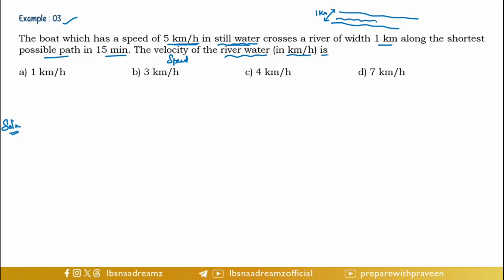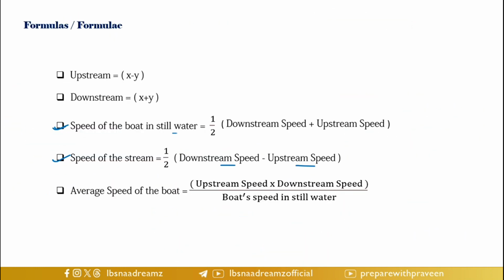So the river water will be flowing like this. The boat has to cross like this. So the water will go against the boat, so we know that is upstream. So what is the formula? Upstream is equal to x minus y, where x is the speed of the boat